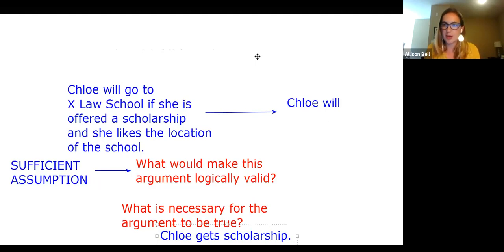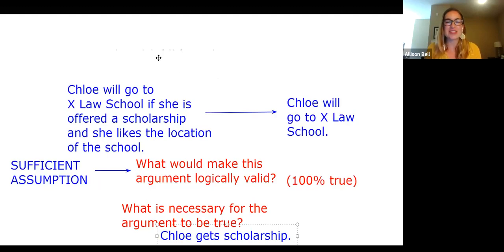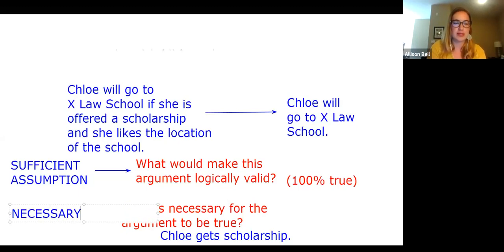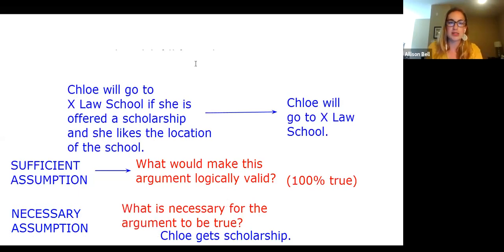Interesting. Okay, so I see a couple of yeses and I see a no. The answer that the LSAT would give would be yes, that this would work for the question that I have down here. This question is asking for a necessary assumption. A necessary assumption is something that has to be true in order for the argument to even possibly work, but it doesn't necessarily make the argument 100% true.